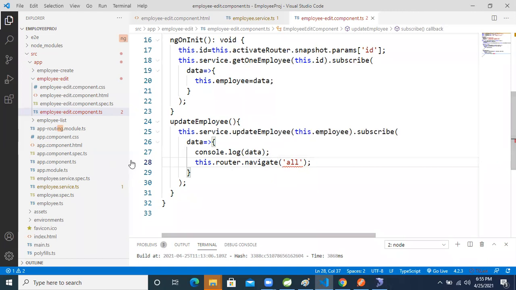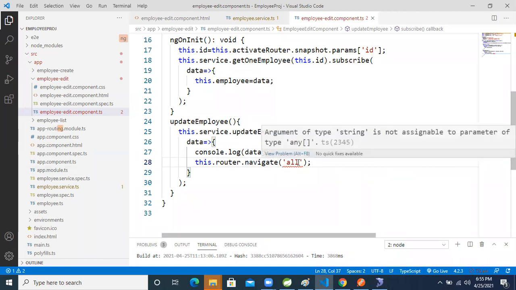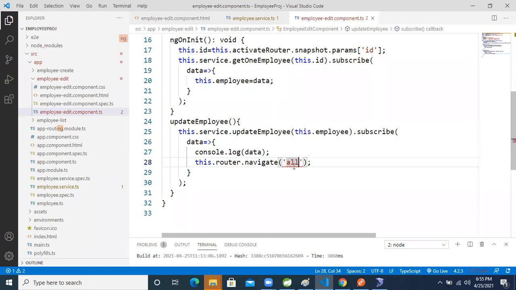Something error is there. What is the error? Why am I getting an error here? router.navigate, right?